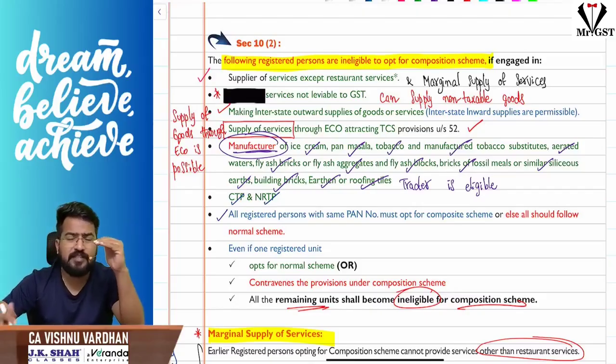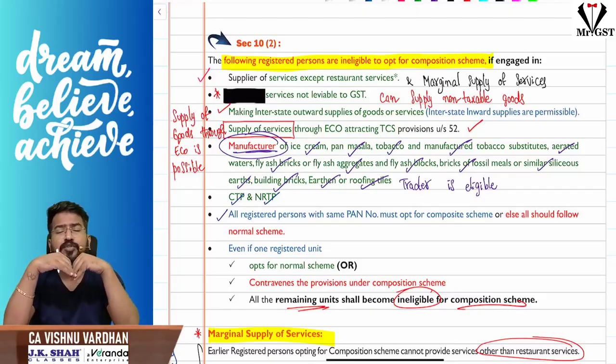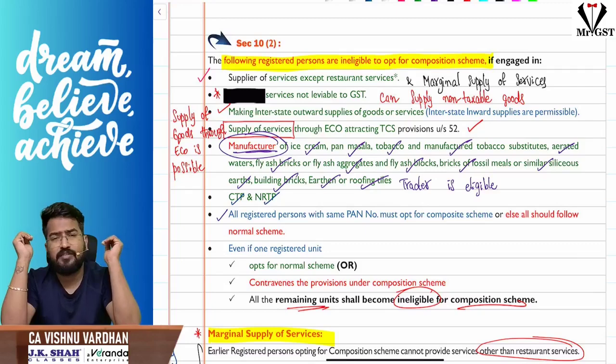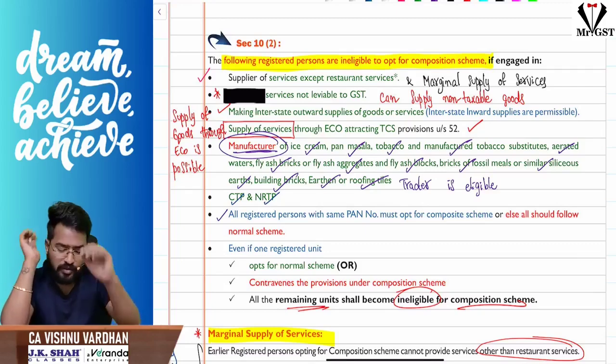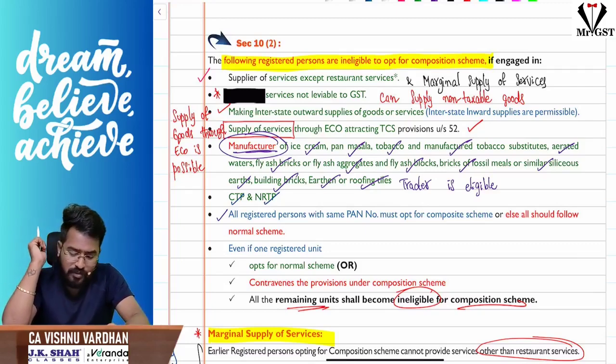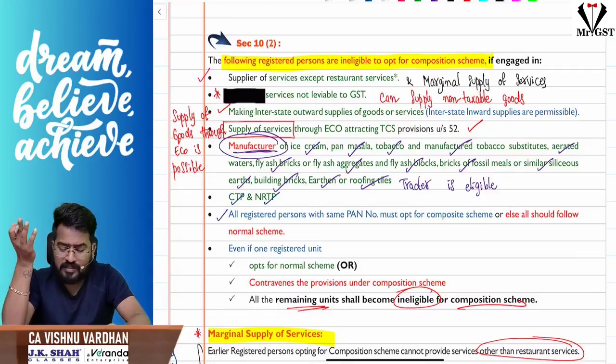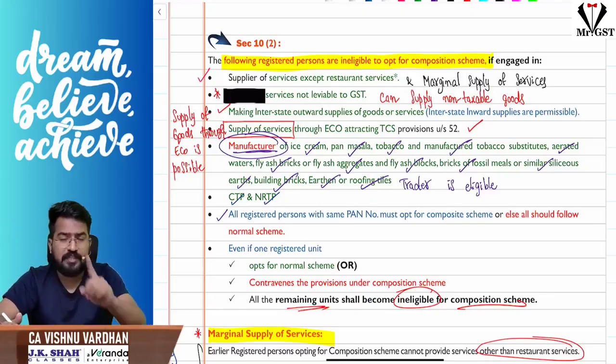So I'm selling ACs also in equal proportion, sir. I'm servicing them also in equal proportion. For you, section 10.1 is not applicable. Go with 10.2A. Okay, so that is what we are trying to tell. Next one. What is the next one? You should not provide services not liable to GST. You can supply even non-taxable goods, but you cannot provide services not leviable to GST. That is a very important point for you.